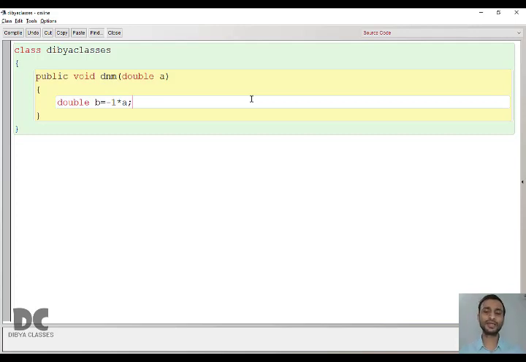For example, the user has entered 5.5. So 5.5 into -1 is -5.5, meaning the positive has converted to negative. Similarly, if the user enters -10.0, then -10 into -1 becomes 10.0, meaning the negative is converted to positive.